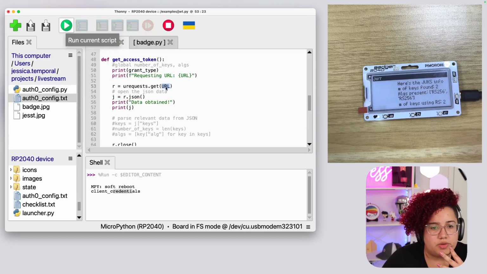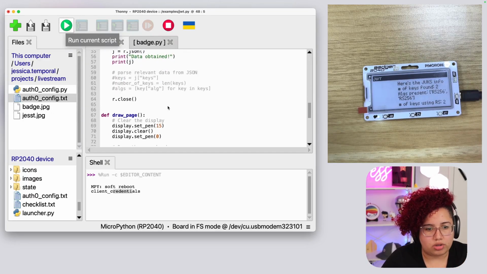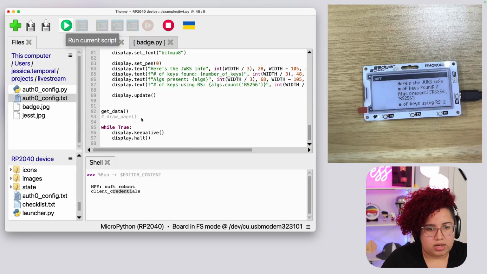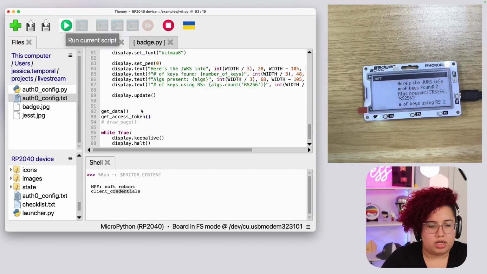And this is going to make a request for the URL, but it's not the URL that I want. So I need to update the URL up top in the beginning of my script too. So let's do one thing at a time. Let's first add this to the end of my script so that it gets called when we run this. So get data and then get access token.